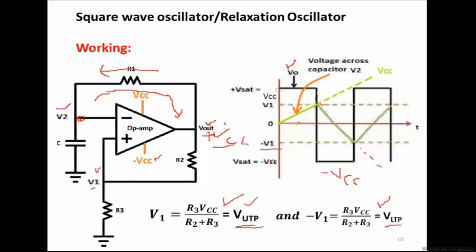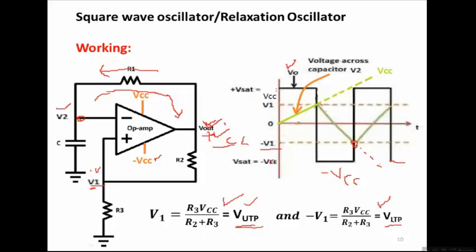So here the capacitor was charged to some negative value, and from this negative value the capacitor would start charging up. At the instant when this capacitor voltage becomes equal to V1 and further increases from this level, then this voltage would be higher than this voltage, and the output would flip to the negative saturation level. This process will keep on continuing, and you will get at this point a free running square wave with a certain time period and frequency that we will